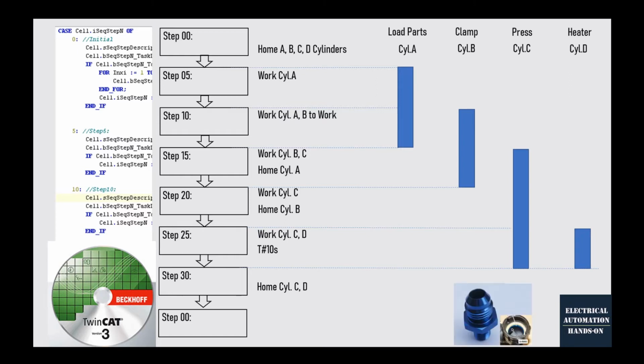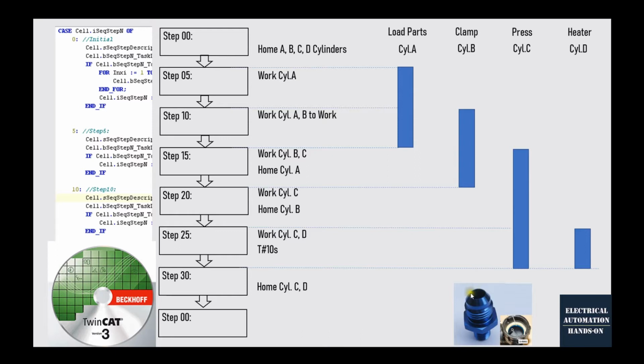To better understand sequence control, I will use this housing crimp process as an example. We can imagine that to make this part, firstly, the operator will load this housing in the machine. Once this part is present in the machine and the operator presses a button, the machine will load these pieces into this housing. After this, the jaw of the clamp will hold this part. And after the clamp holds the part, the press will move from top to down to press this part